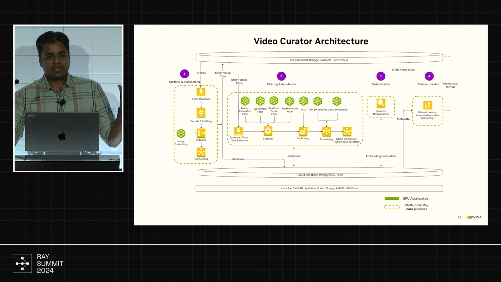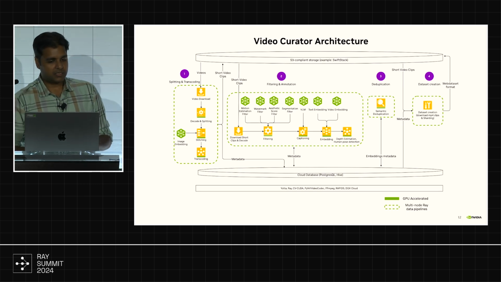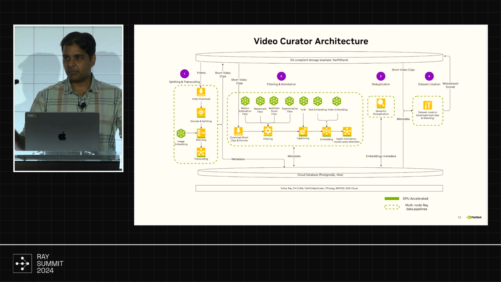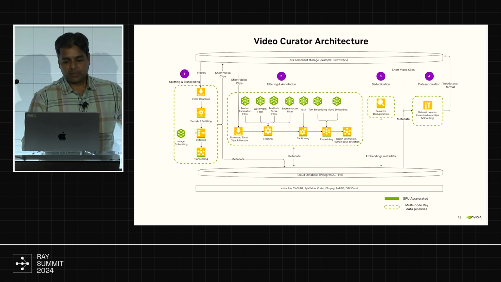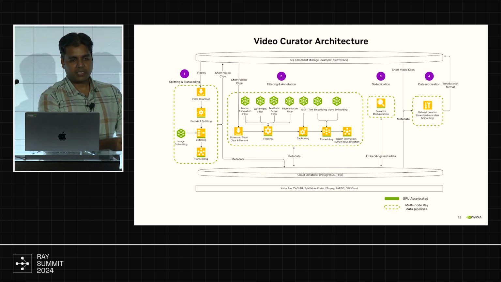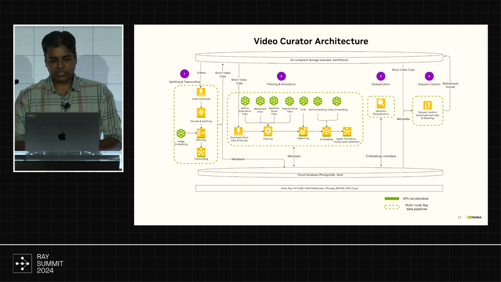So this is an architectural diagram of the curation pipeline we have built. The way this entire pipeline starts is we start with S3 compliant storage stacks like AWS S3 or GCS. That's where the videos are, petabytes and petabytes of videos. The first step, and again, all of this is built on top of Ray data. So each of these pipelines is a set of Ray stages. The first step we do is we take an input set of videos and we run them through splitting and transcoding. As I was describing, AIs watch the videos and they find small clips that are semantically relevant. We transcode them and then we store them back to storage.